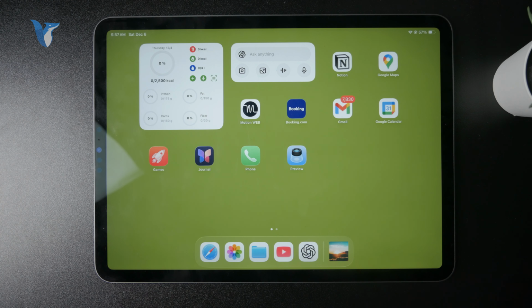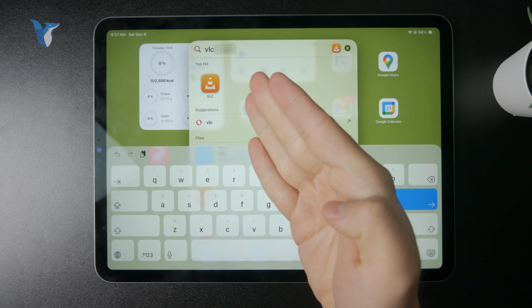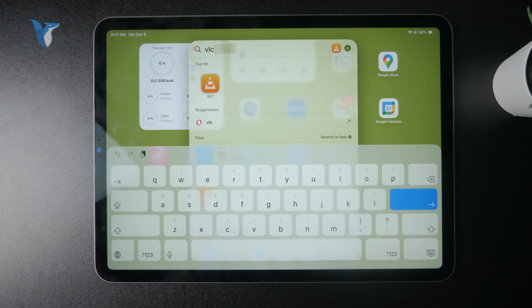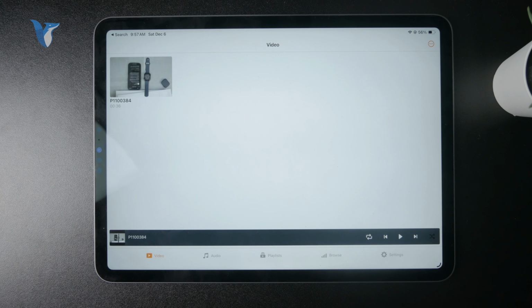Anyways, you have to have the VLC app at first, download it onto your iPad. That's kind of the prerequisite. But once you have it inside, you can see that you have more ways how you can stream or play